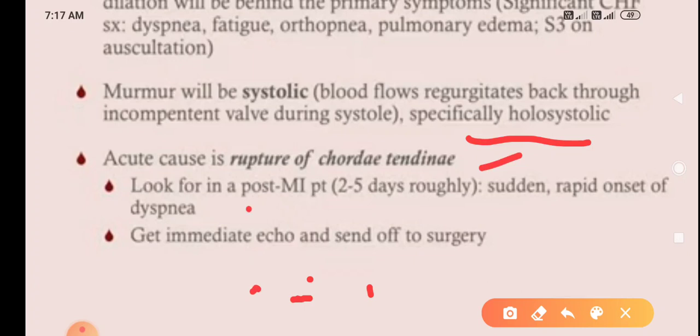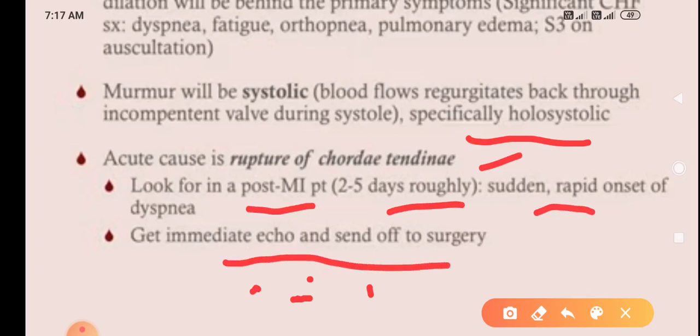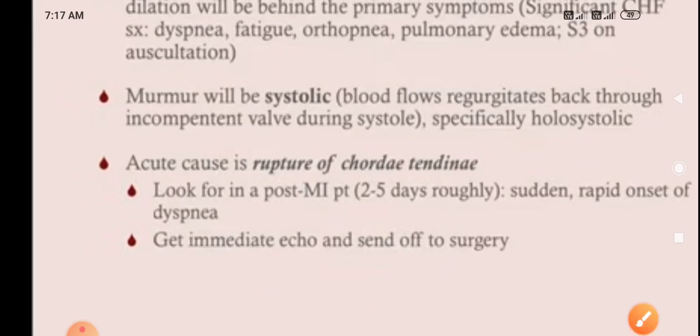Look for it in post-MI patients, roughly 2 to 5 days. If a patient had a history of MI and after 2, 3, 4 or 5 days develops sudden rapid onset of dyspnea, you have to rule out rupture of chorda tendineae, get an immediate echo and send off to surgery. In an acute case, if these symptoms develop, we do immediate surgery. Immediate surgery is needed. Okay,